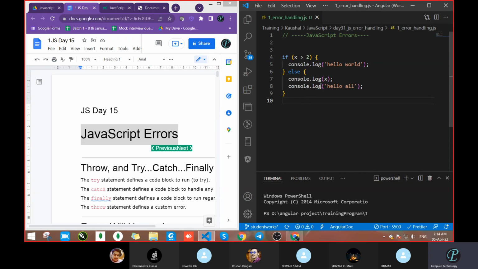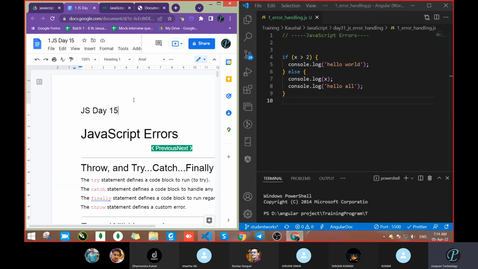Okay, so that is the scenario. Here we had passed the value x equal to x greater than 2, but we had not declared the value, meaning we had not written let x or let y, anything, and we had not provided the value. Declaration and initialization is pending.